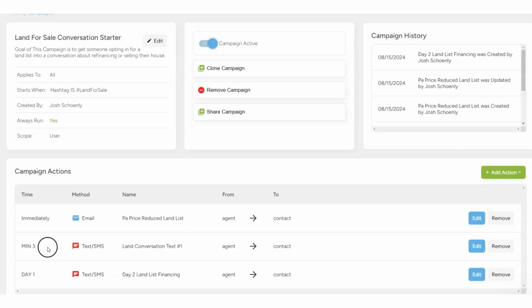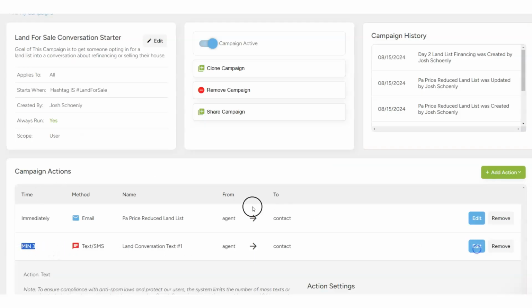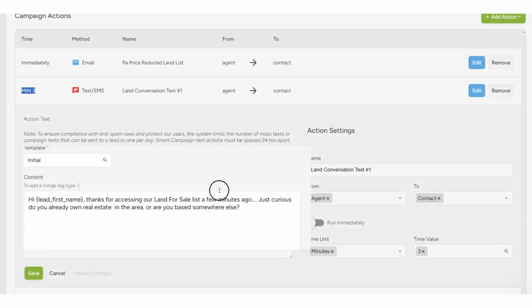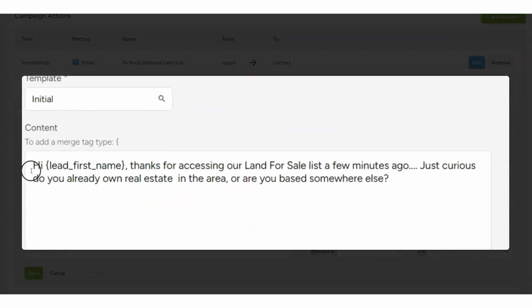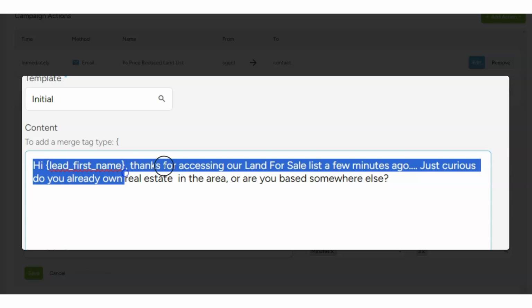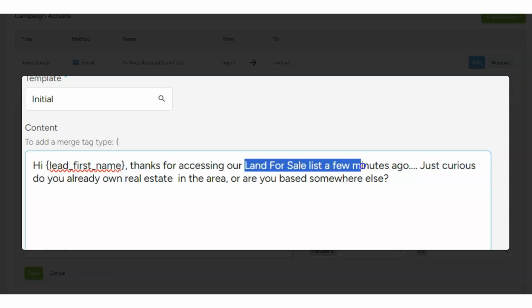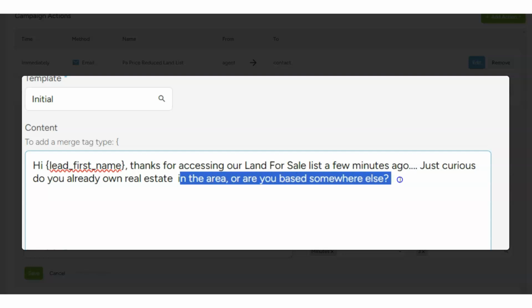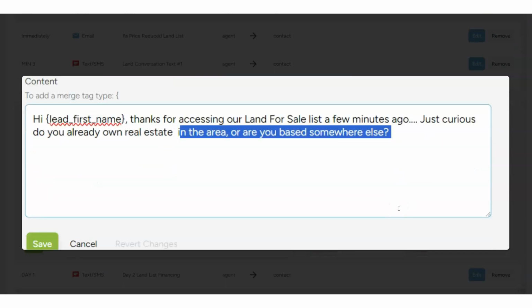Now look at the second touch here that goes out 3 minutes after the lead comes in, and it is a conversation text, and it goes something like this. It says, hi, lead first name. Thanks for accessing our land for sale list a few minutes ago. Just curious, do you already own real estate in the area, or are you based somewhere else? So we are trying to, again, get a conversation over text right there. We're also trying to assess whether this is somebody who already lives in the area and